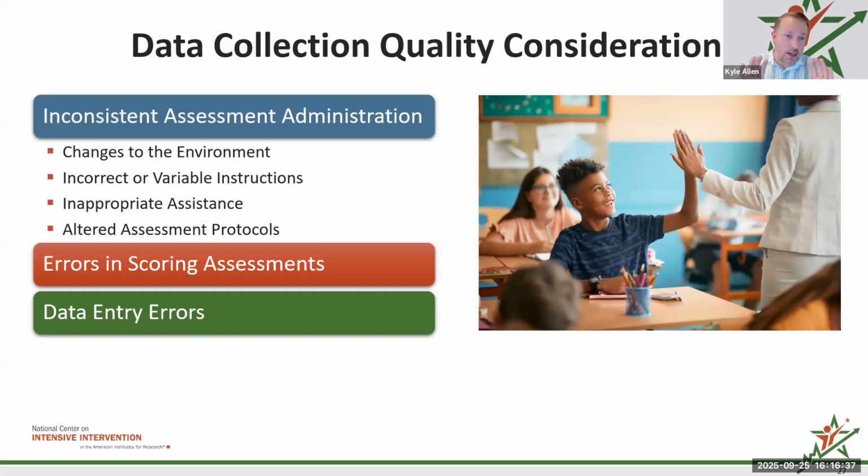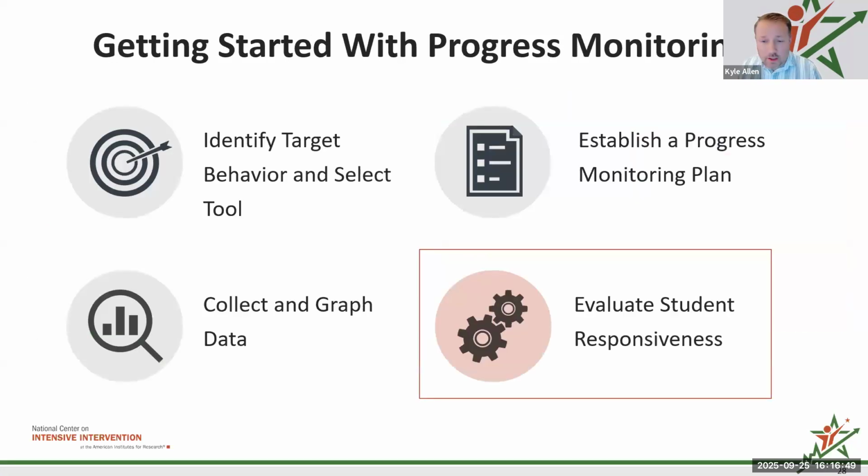Again, go to our website. This is a resource that you can print. I think it's just a one page, maybe front and back, and it talks more about these different data collection quality considerations. And then quickly, the last piece of this, because I want to save some time for questions,